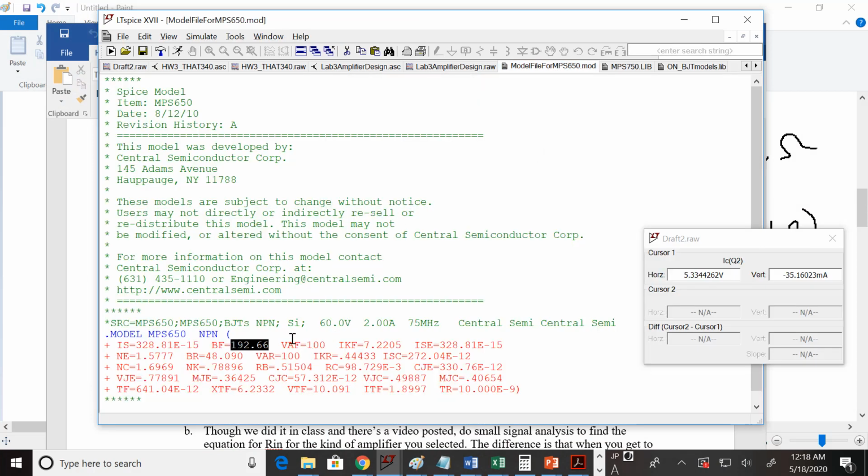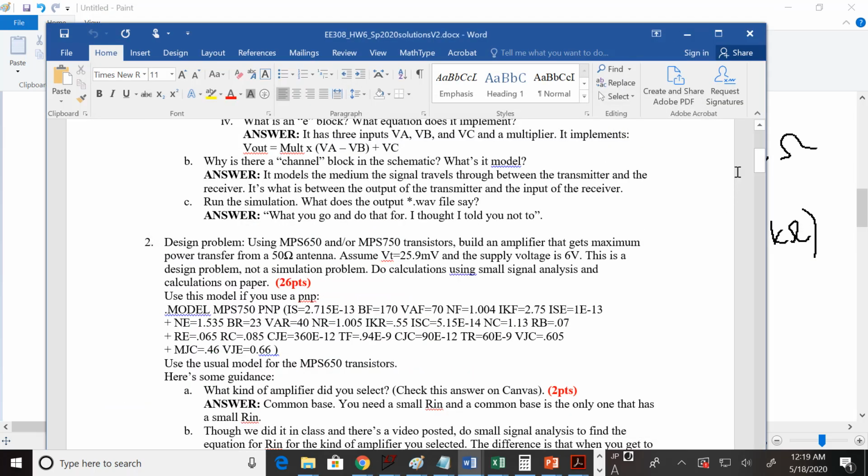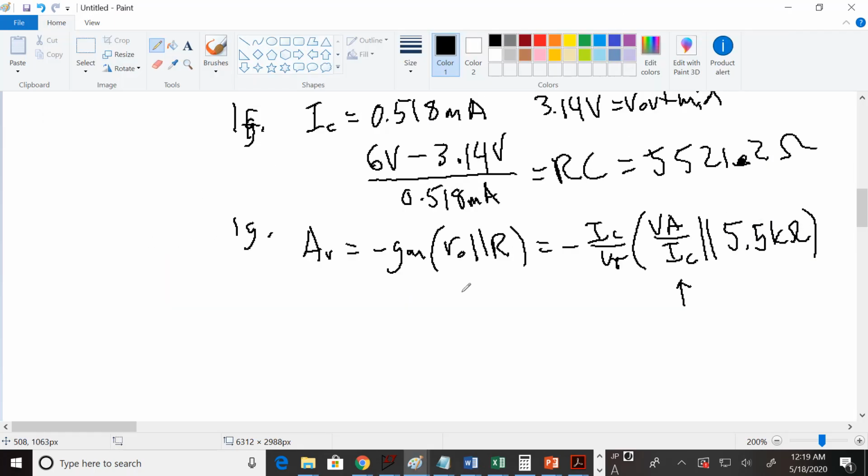Model 650, your early voltage is 100 volts. So when you figure this out, that's 100 over 0.0005. First of all, it gets multiplied by 1,000, or 10, 100,000. So this is 100,000, and then it's actually twice as much as that. So this is actually 200K right here,